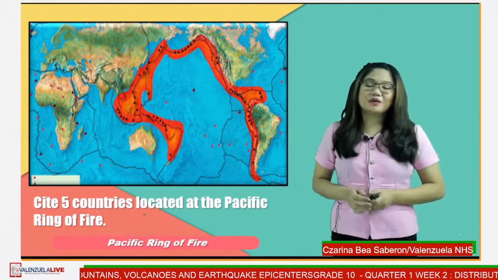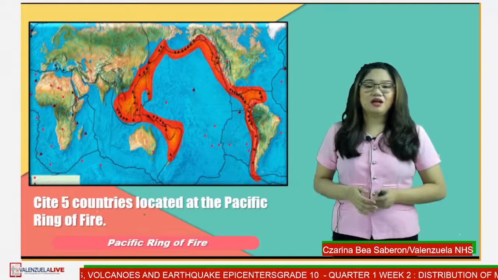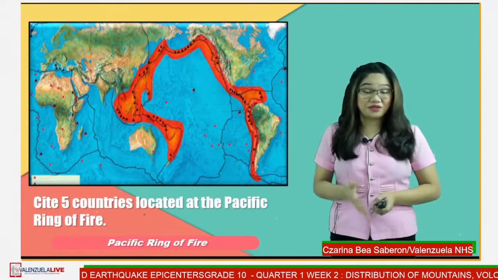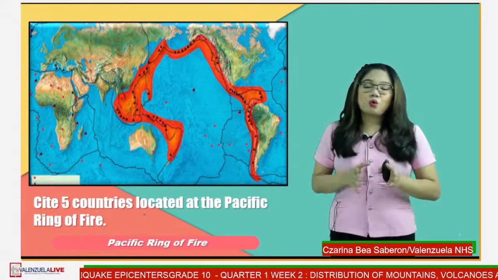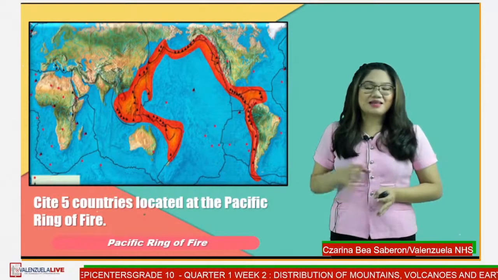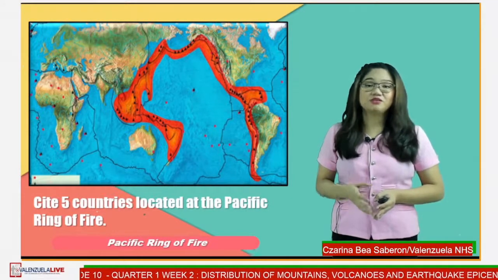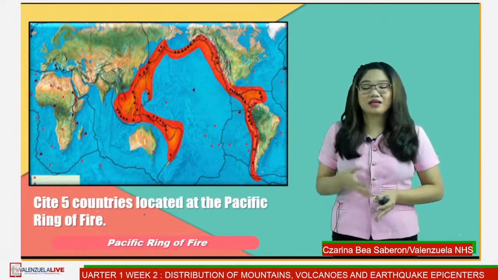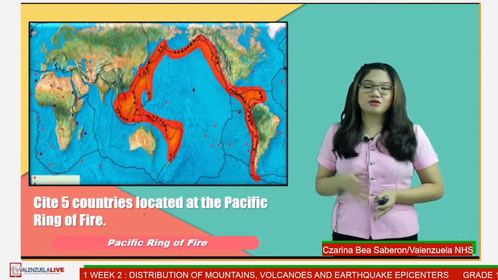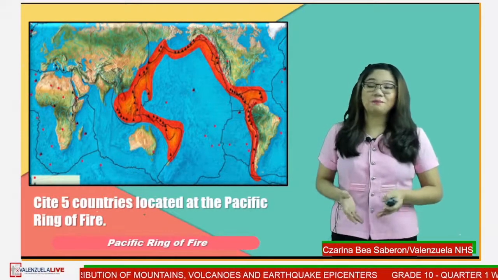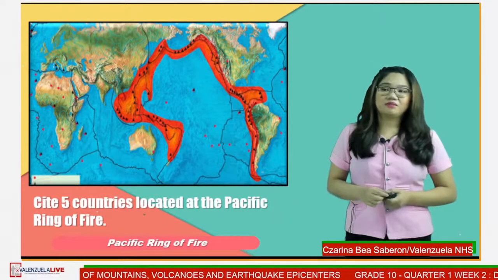So I actually have listed here 18 countries that are located at the Pacific Ring of Fire. So we do expect that these countries which are located at the Pacific Ring of Fire usually experience a lot of volcanic activities, prone to earthquakes, and have extending mountain belts. All right? So we have here Philippines,